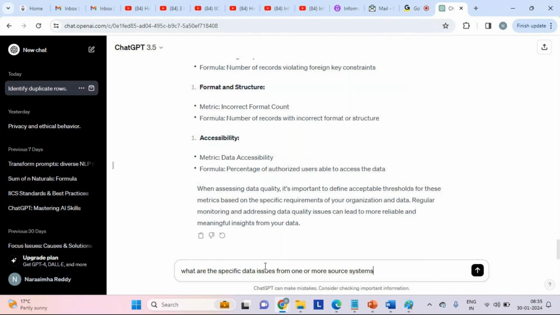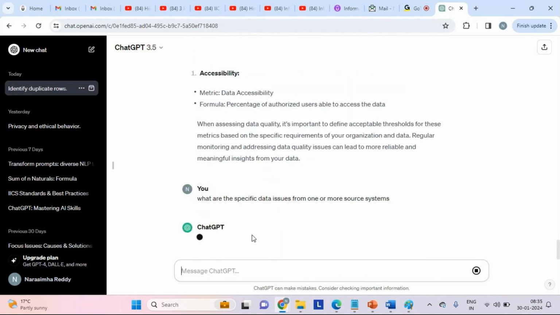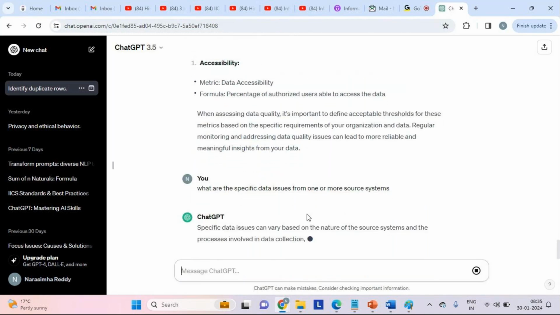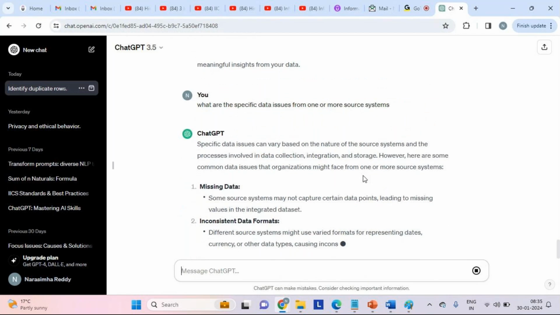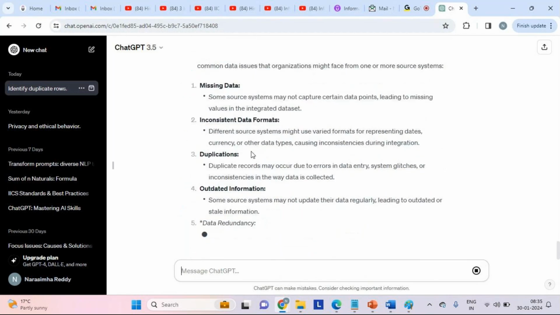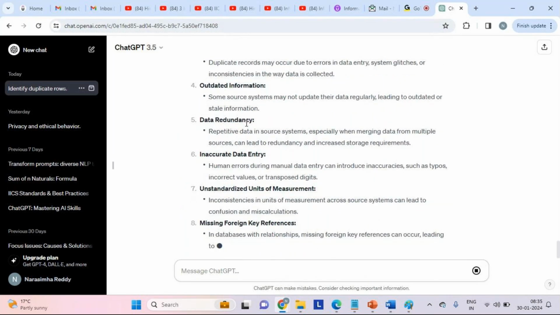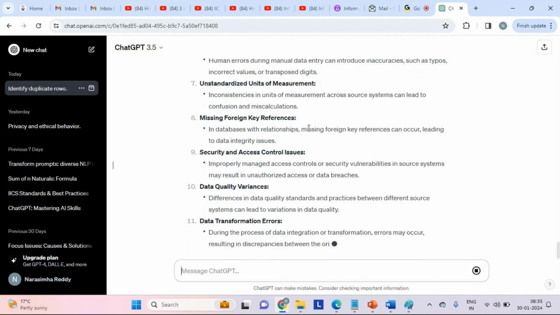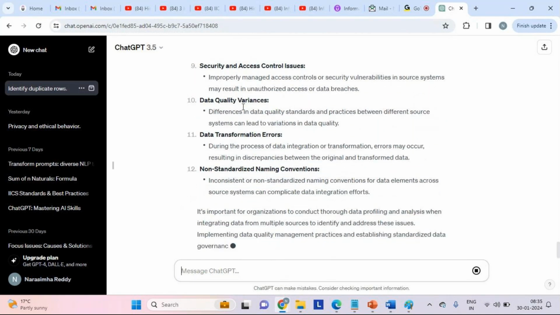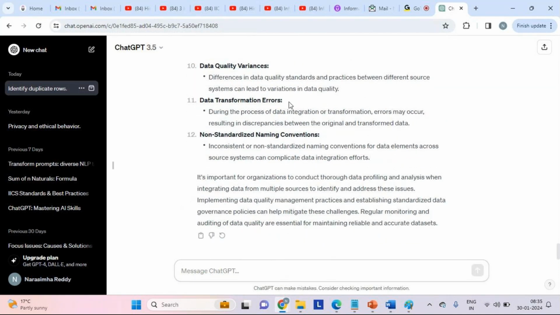Here we are asking for specific data issues from one or more source systems. See here: missing data, duplicates, which I think we have already discussed, redundancy, inaccurate entry, foreign key issues or variance, transformation errors, logical errors and standardization issues.